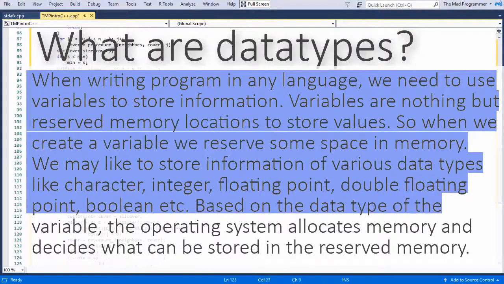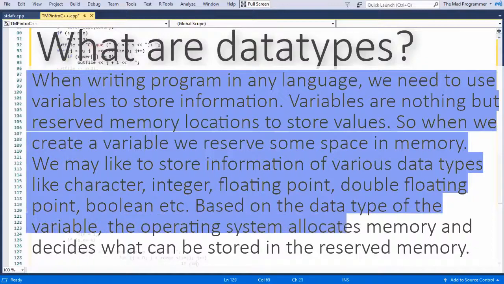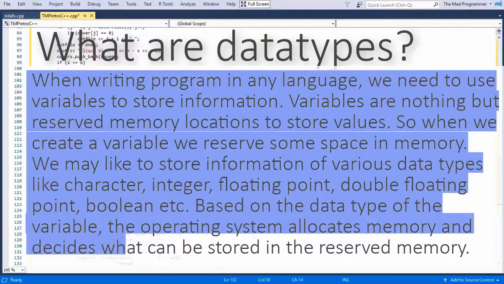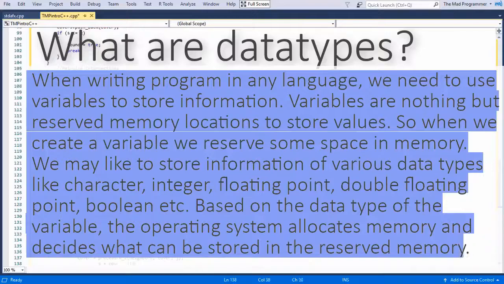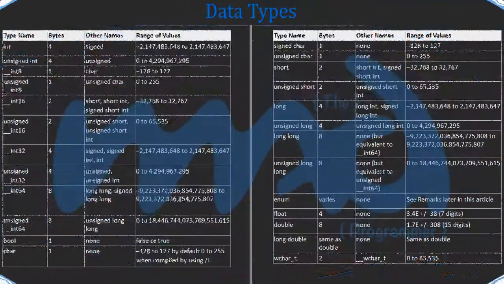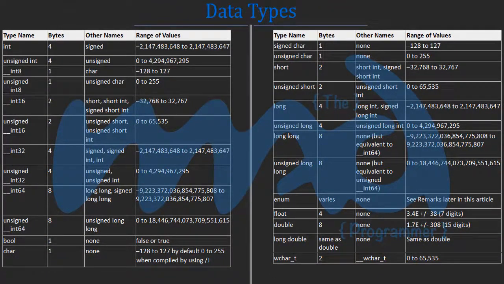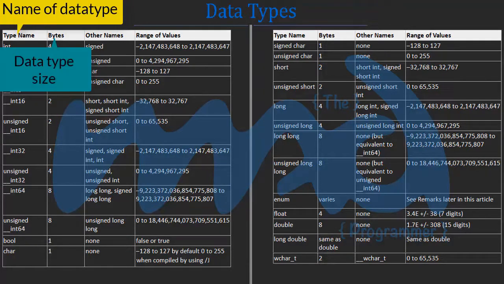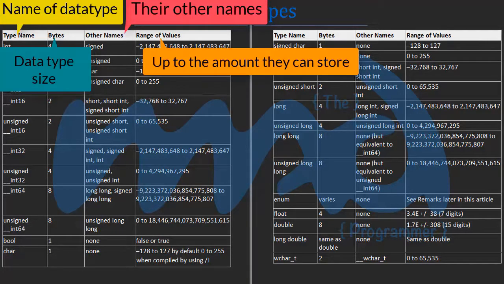Based on the data type of the variable, the operating system allocates memory and decides what can be stored in the reserved memory. Now there are many different types of data types in C++, but we will be covering the main data types. Type name tells the name of the data type, bytes tell the size of the data types, other names are basically what else they are also called, and the range of values. Remember, this is one of the most important things since it tells the limit of the value we can store